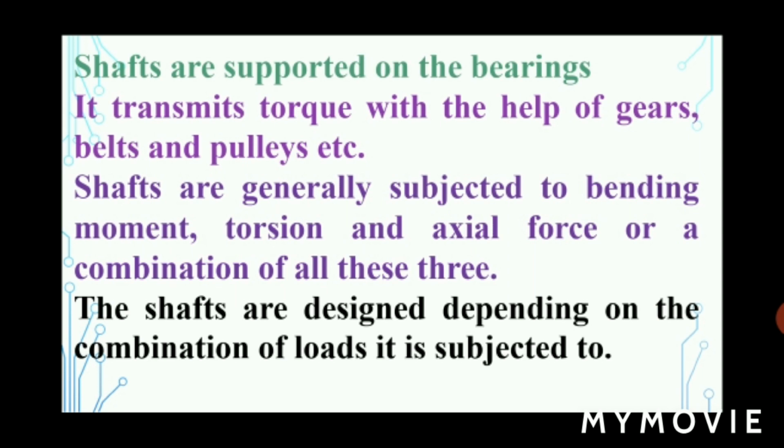So first is the problem specification, second is selecting a suitable mechanism, and third is applying forces, and estimating the different types of stresses occurring in your machine component. All these things we have discussed in the basic design process. The same concept will be applied here also. Transmitting the torque is a very important parameter here, and here bending force, torsion and axial forces. All these forces are very important, and whenever you have forces, corresponding stresses will be experienced. So the corresponding stress is also a very important parameter. Simply, how to use those equations.